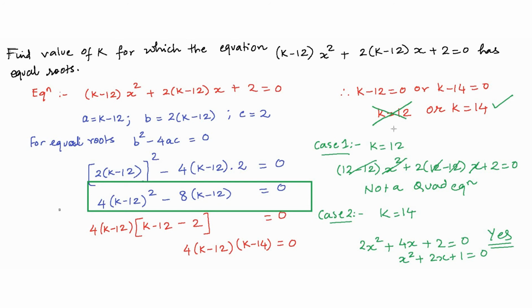Then I just checked if each value of k maintained this equation as a quadratic equation. I noticed that k equal to 12 did not. That is why I rejected that particular value of k. And k equals 14 is the only acceptable answer in this particular question. So I'll just pause for a minute so that you can take a look at this complete solution, the different ideas that were used, and then I can proceed.